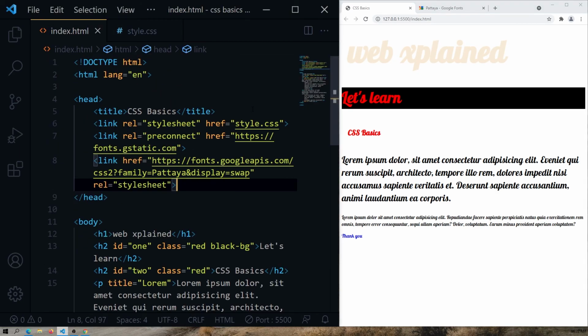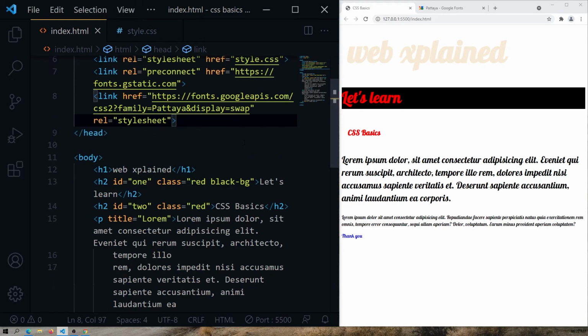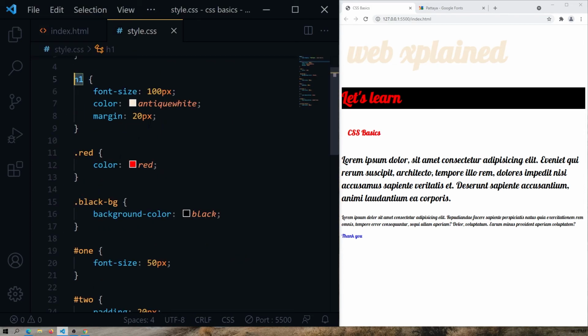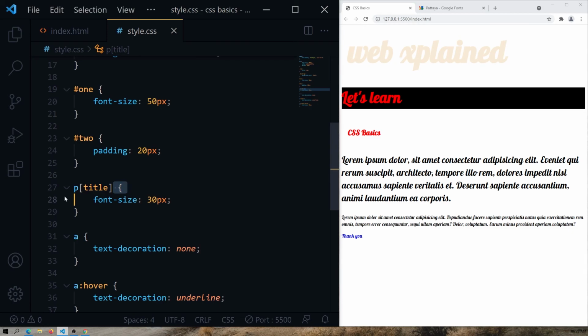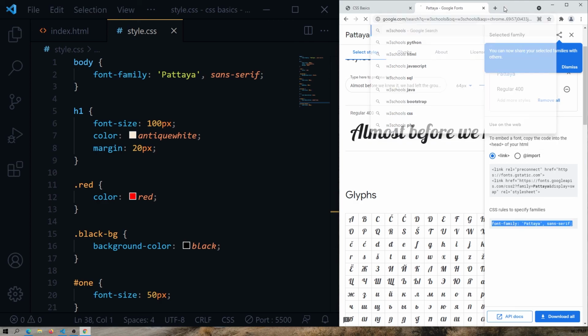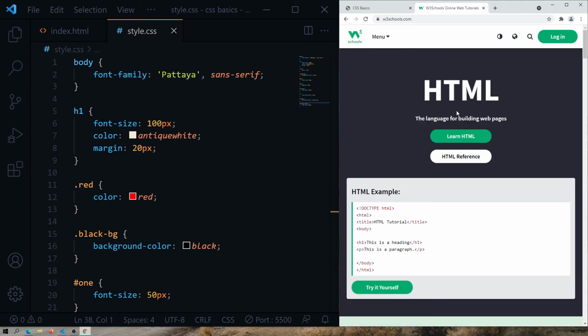In this video, what we have learned is what CSS is and the 3 ways to include CSS in our projects, that is inline, internal and external, and different ways you can select an HTML element to give the style. And last, we have learned different types of selectors: element selector, class selector, ID selector, attribute selector, and pseudo class selector. Go to W3 Schools and you can learn more about CSS and HTML tags here.